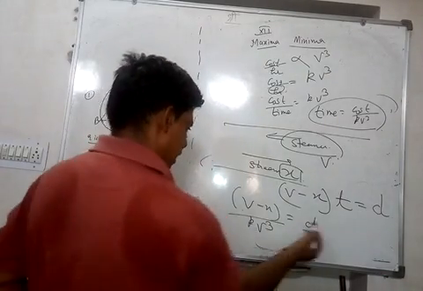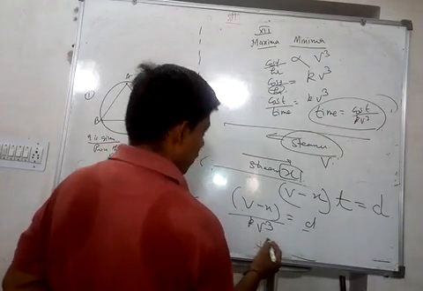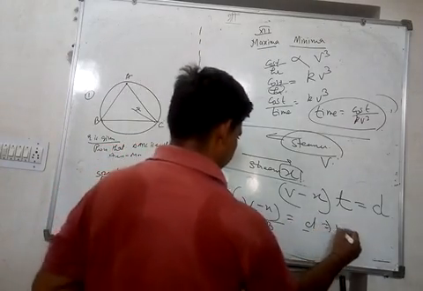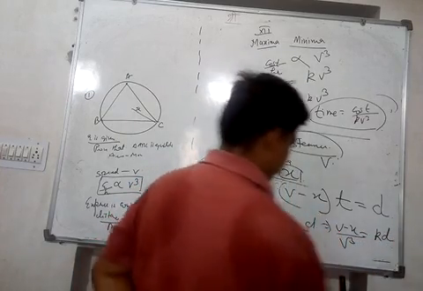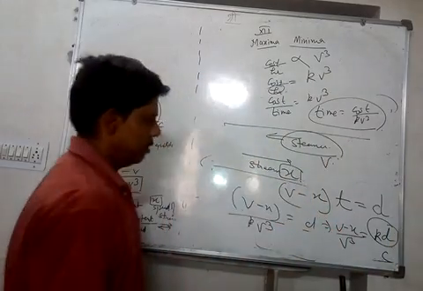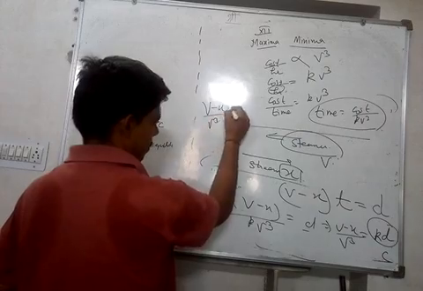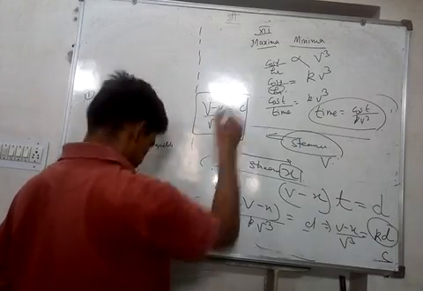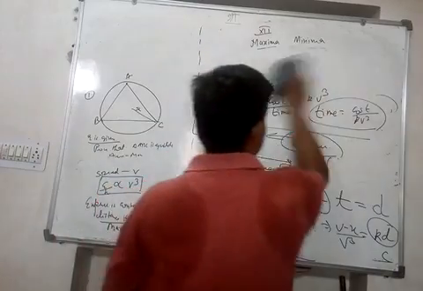Now we can get k into D, right? D into k is v minus x upon v cube. So we get v minus x upon v cube is equal to k into D. This is a constant, we can write this as a new constant c. So we are getting a new equation here, v minus x upon v cube is equal to c. Okay. Now we can differentiate this and get our answers.